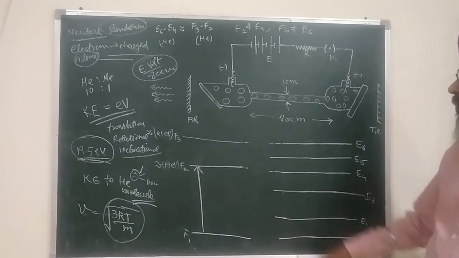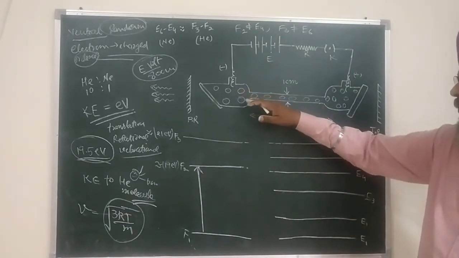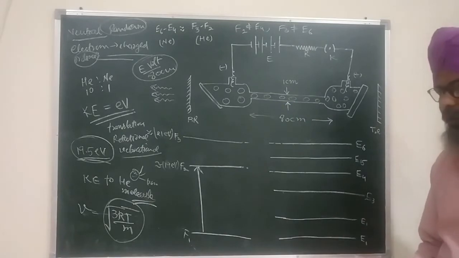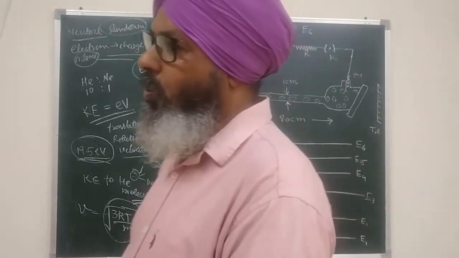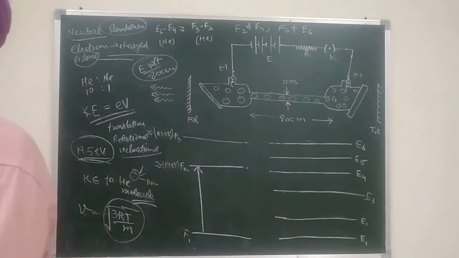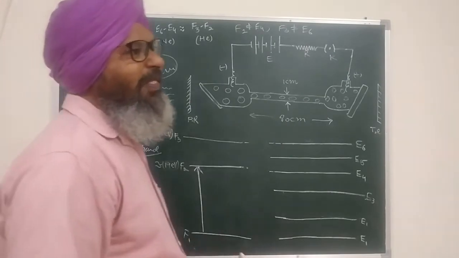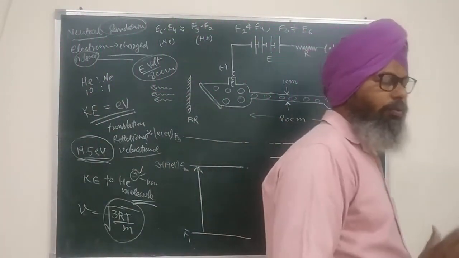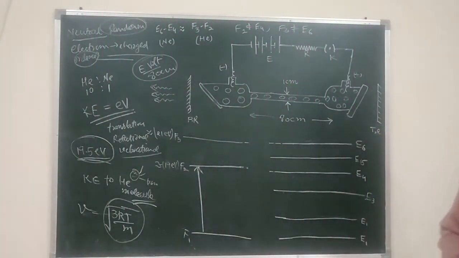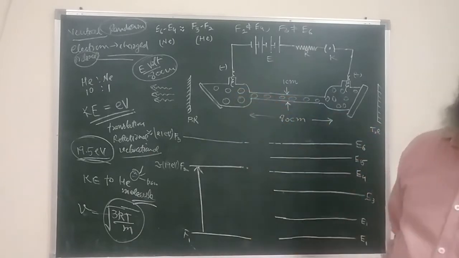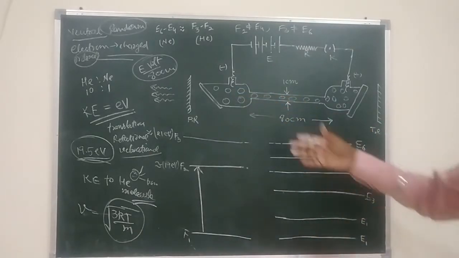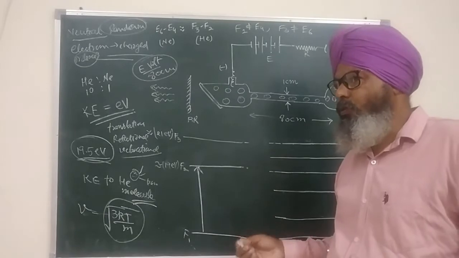So it means when the electrons collide with these gas molecules, two things are going to happen. One, within the gas molecules, the outermost electron will get excited. Secondly, the additional energy that the colliding electron possesses will be given to the molecule, increasing its speed. So if I want to identify which molecules are in the excited state and which molecules are in the ground state in that tube, I want to observe it.